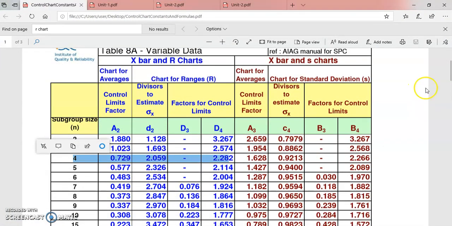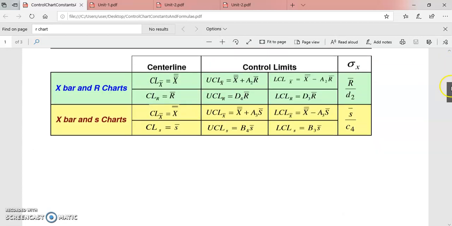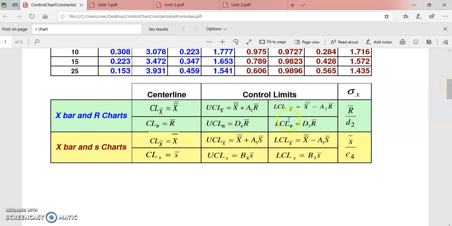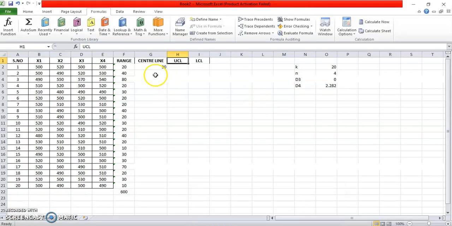Okay, let's see. So this was your formula. For R charts, the upper control limit formula is D4 R bar, and the lower control limit is D3 R bar. Using this formula, we have found the value of R bar, that is 30. The upper control limit formula will be D4, that is this value, into R bar,